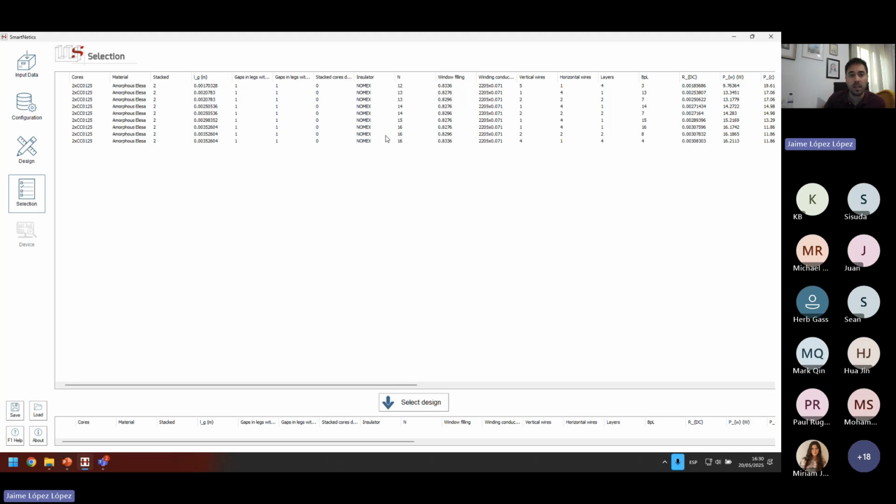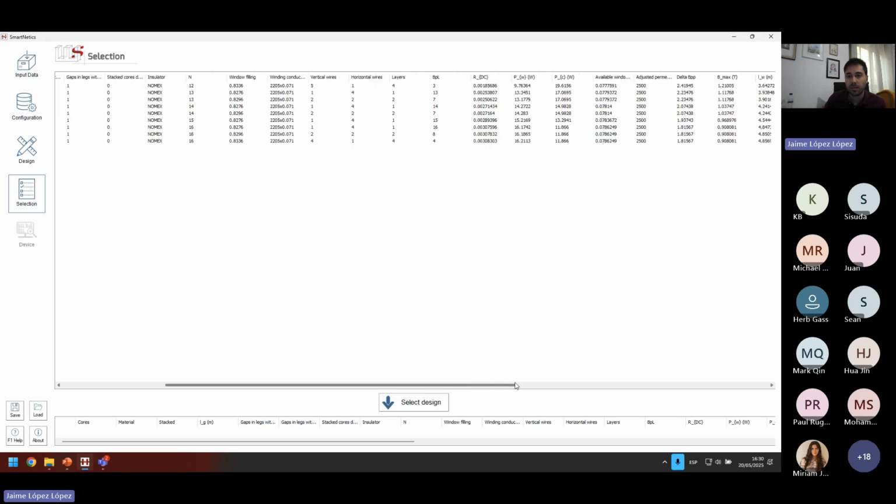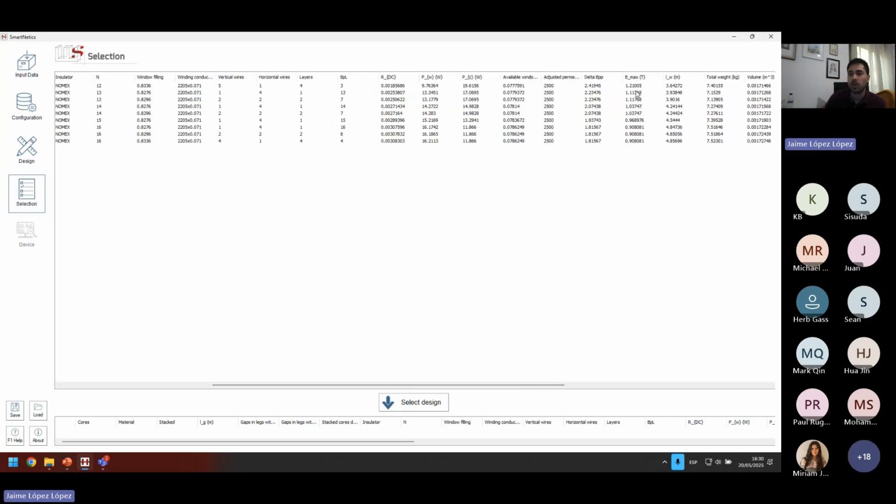That implies that they have a different gap, and that implies that they have a different maximum B field. In this case, for example, as you can see, some of them go up to 1.2 Tesla, another one goes to 0.9. Just remember that we selected an amorphous core, so we can handle this kind of magnetic fields.